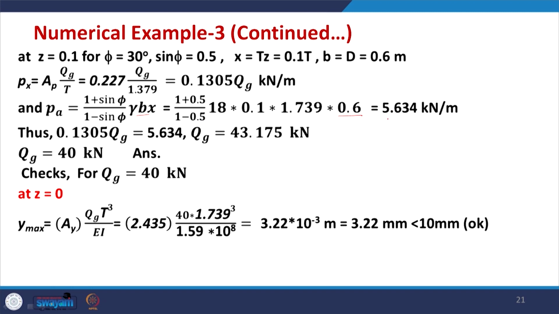So you get the value of allowable soil reaction as 5.634 kilonewton per meter, while Px is given from this relation. You equate these two values and you get the value of Qg equal to